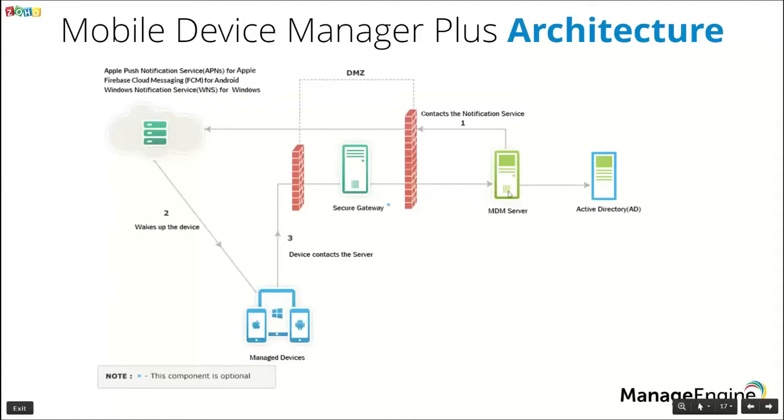For the devices to be able to access the MDM server even from outside the network, the MDM server should be publicly available by configuring the NAT settings. If it raises any security concerns, we do have an optional component called Secure Gateway, which facilitates communication from device to the MDM server without having to expose the server to the internet by NAT settings. You can also integrate your Active Directory with the MDM server, which will facilitate easier user authentication or assignment.